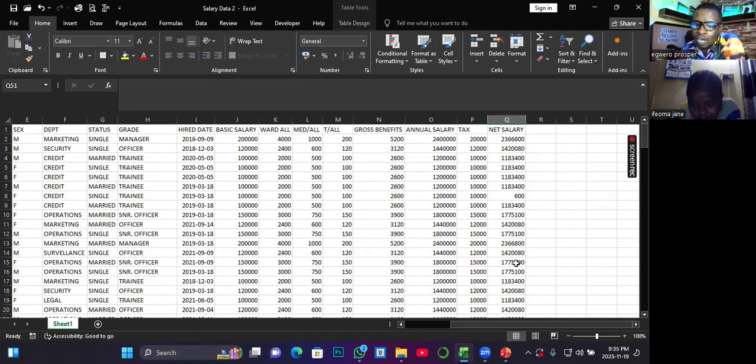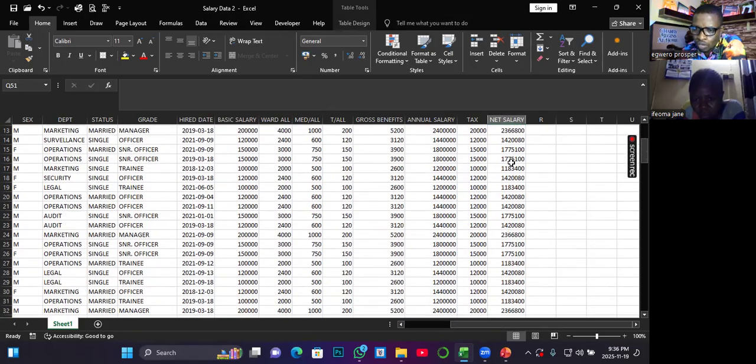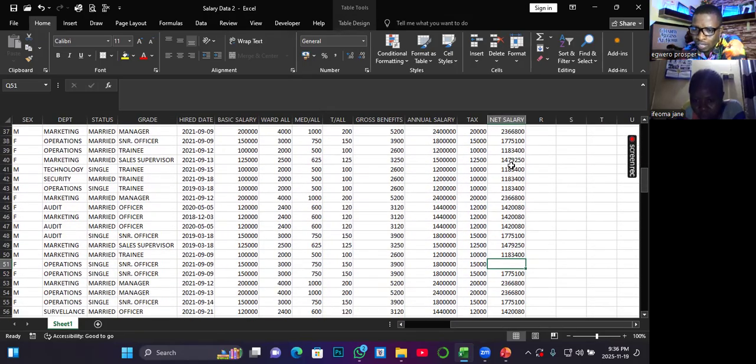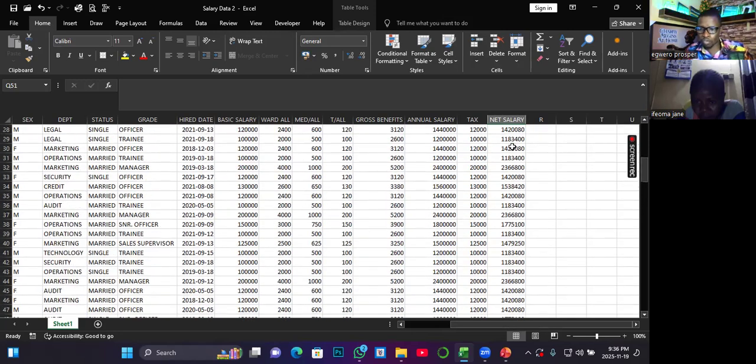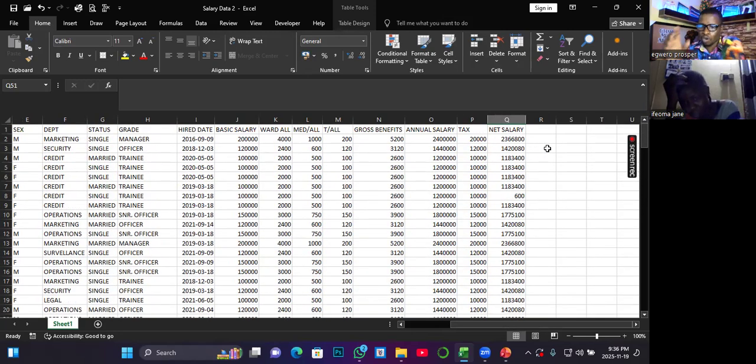And the company has asked you to calculate the total cost of paying all the employees' net salary. The value you come out with as your result does not tally with what is expected. Someone's net salary is missing. So a way of checking whether they omitted that person's entry, instead of scrolling down manually, looking for where you don't have a value in a large data set, you can consult a function called